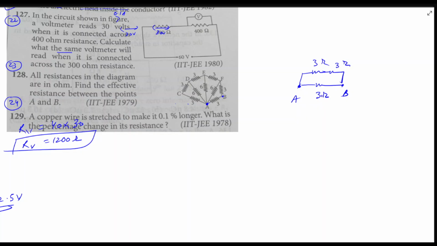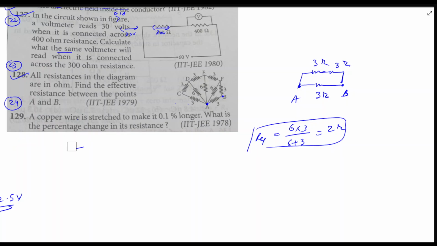So we have simply 6 and 3 in parallel. So 6 into 3 by 6 plus 3, this is 2. So this will be our R equivalent. Okay. So again, quite easy question. Let's move on to our 24th question. So in the 24th question,